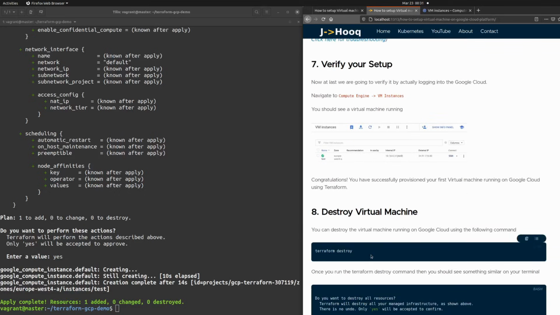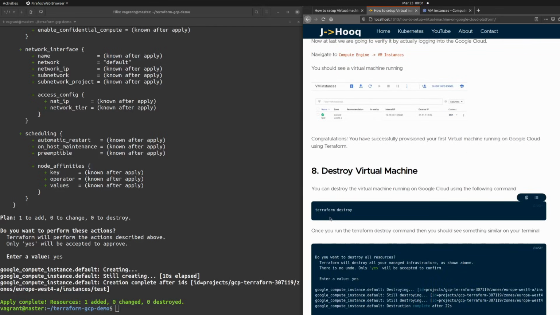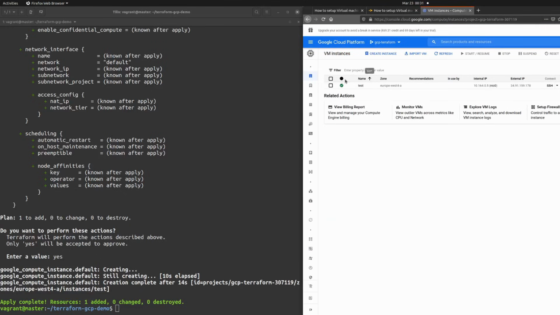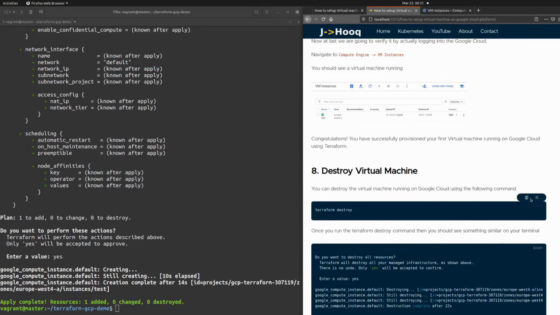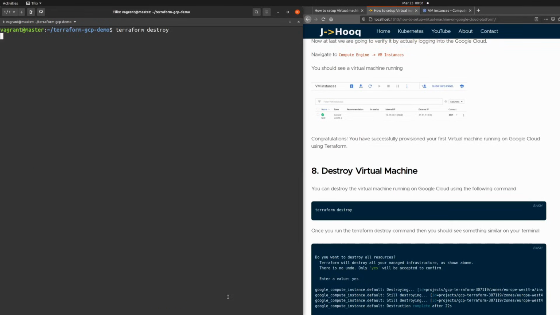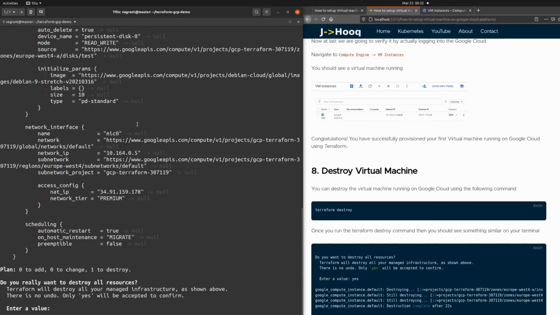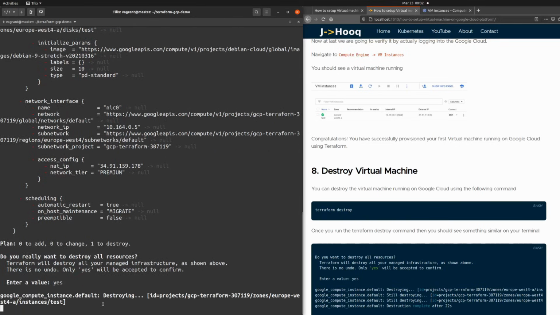The next command is Terraform destroy, and that is going to be the last command for this demo. As it says destroy, it is going to delete everything. So here you can see our test instance is running, and now we just want to destroy this instance. So just copy this command from here, go back to the terminal, clear the screen, and paste the command. As the command says destroy, it is going to remove, and here you can see now there are 0 to add. We are not adding or updating, but we are trying to destroy it. So that's the command. Just type yes,